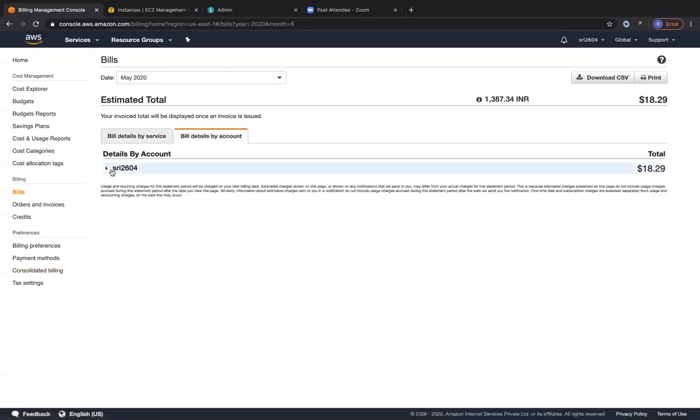So right now you can see we have only the root account because the other account, like I mentioned, is not activated. But if you have the other accounts also activated, even those accounts' respective total bills will be mentioned over here. And you can see the consolidated bill for your AWS accounts that are part of your AWS organization on top in the highlighted portion over here. And yeah, it's in the respective currency, INR, because I'm from India, right? So this is how you see consolidated billing for all of your AWS accounts for your AWS organization that you enabled with all of the features, right?